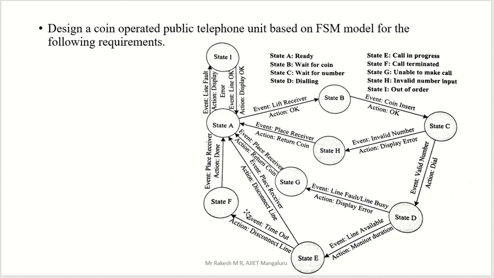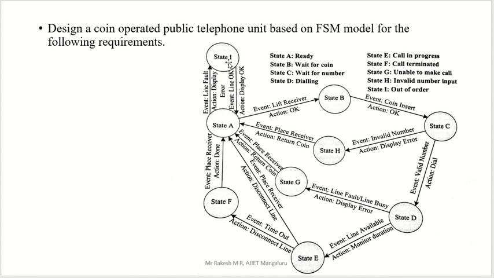Now in state F, call terminated. Here your timeout is there, disconnect line, call terminated. Once the call is terminated, only after that you have to place the receiver, right? Because here you are directly placing the receiver, that's why it is disconnect call. But here timeout means in the display you get a message that there is a timeout. So after timeout, call terminated, then only you have to place the receiver, then the action is done. That means you have placed the receiver, action is done, then it goes to the ready state. So here we have the ready state.